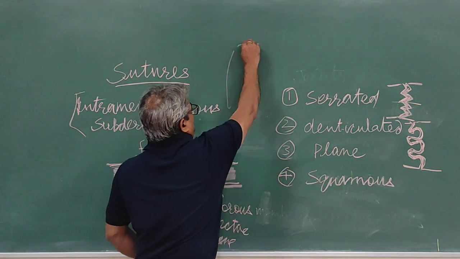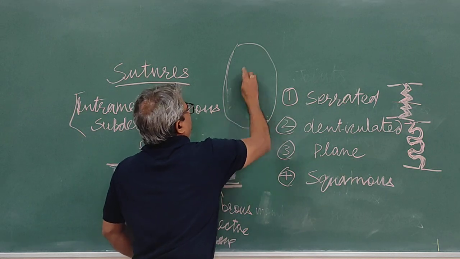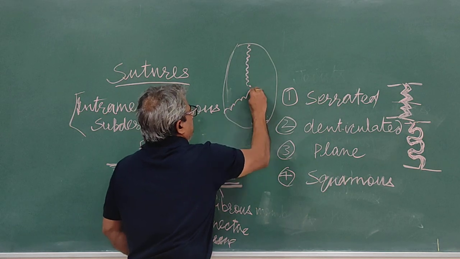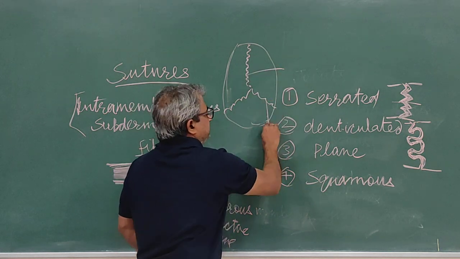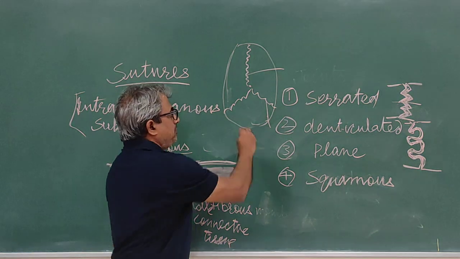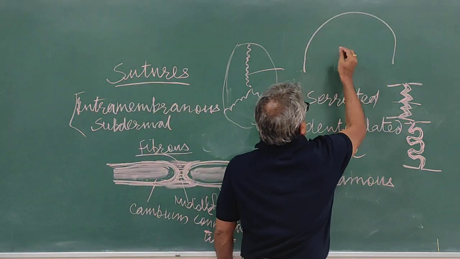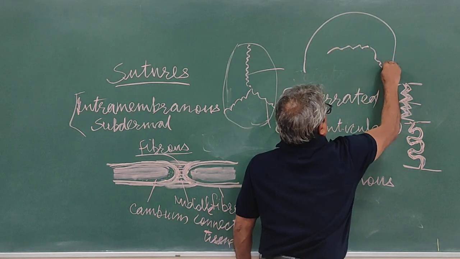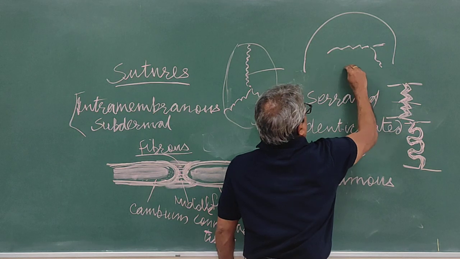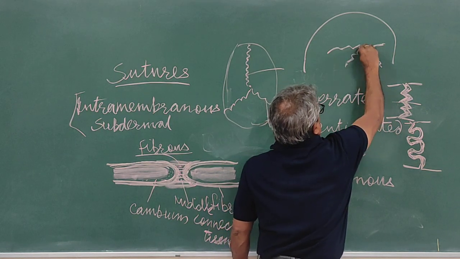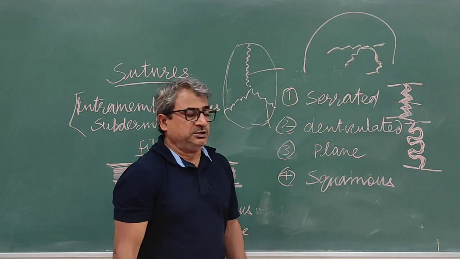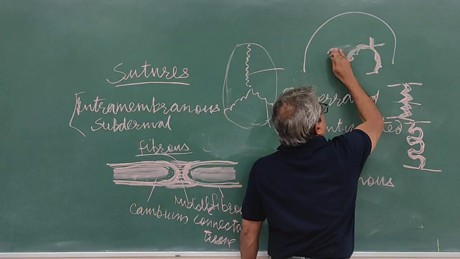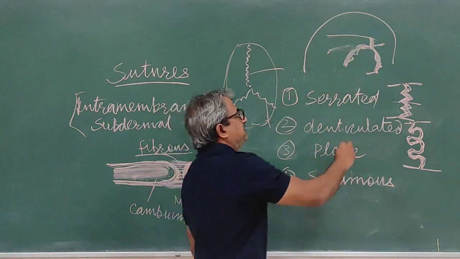If you see the top of the skull, what do you have? You have the sagittal suture in the center, and then what do we have? The lambdoid suture. This is serrated and this is denticulated. And on the lateral side, this is the parietal bone forming the sutures here, and what is present here? The temporal bone. So between the temporal bone and the parietal bone above, this suture,